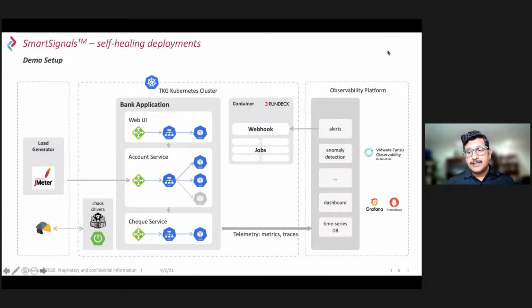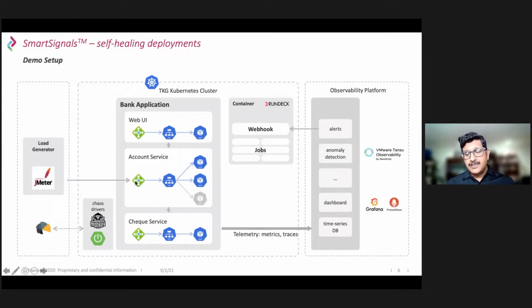As Nitin said, we have used certain open source components as part of this observability. We have Prometheus and Grafana, two components which we have put in. We have also used Rundeck and Alert Manager for understanding the signals and kicking off certain remediations. And given the Kubernetes cluster has the capability of scale in, scale out, and the ability to restart a particular pod or a node, we are able to take those remediation steps.